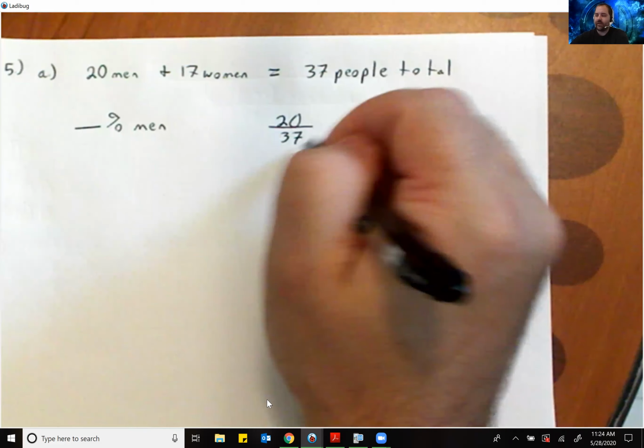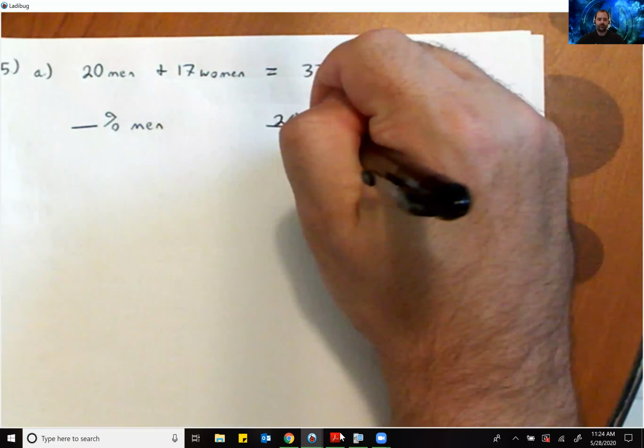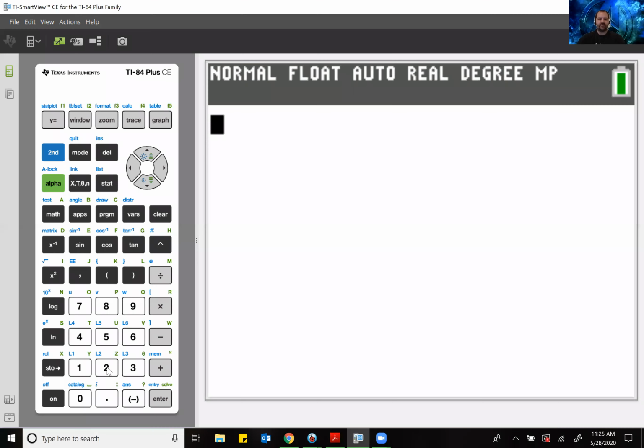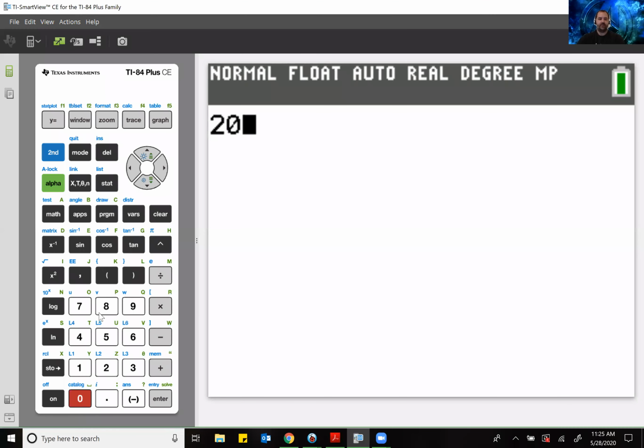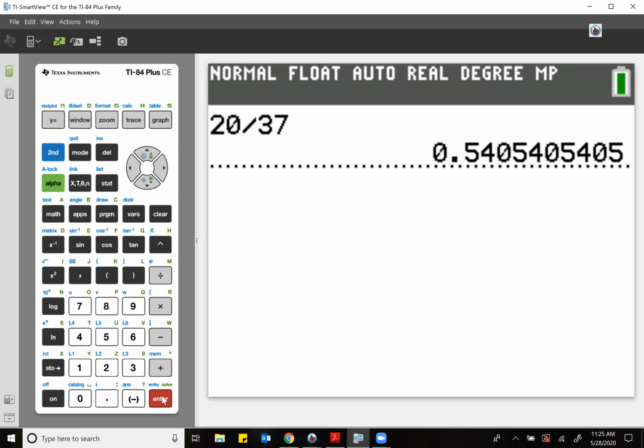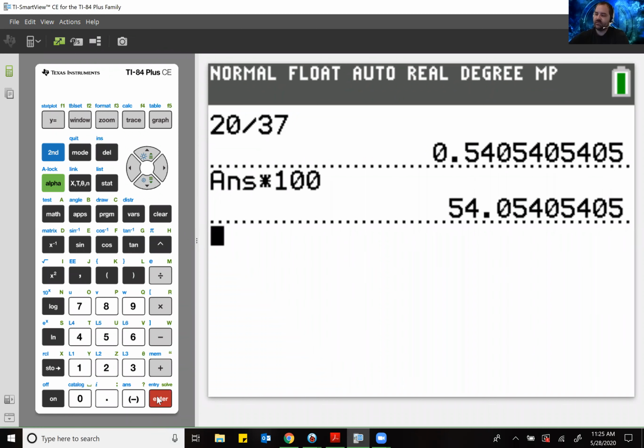So if we go into our calculator and divide that, we've got 20 divided by 37, right? Yes. And there's our number. What do we got to do with this now? Convert it to a percentage. And how do we convert it to a percentage? Multiply by 100. So we're going to say times 100. And that gives us